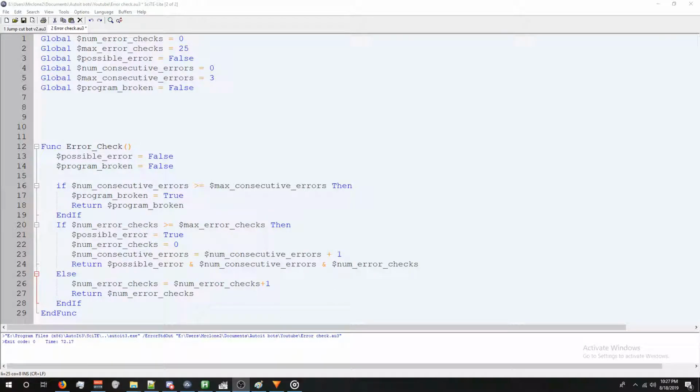So this is going to be the fourth and final part of the error checking function. In the last video I said we were done, and while that's true, we have finished the error check function, I'd like to add a couple more features that notify you when you have a program broken error and when you have a possible error. Also, I'd like to add the ability for us to control our max number of error checks whenever we need